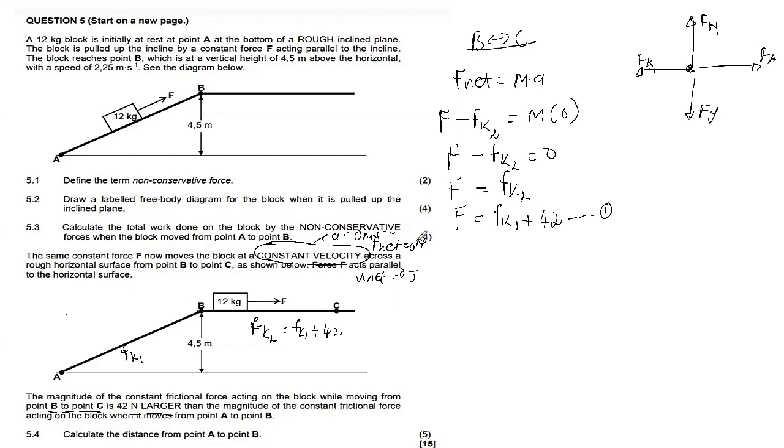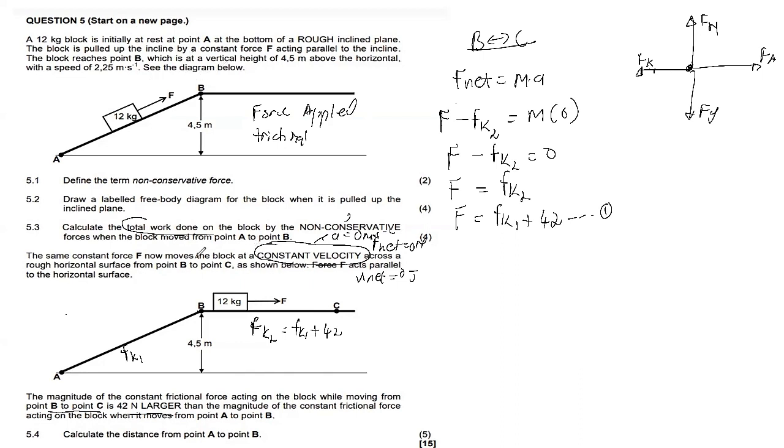Okay, so now we are done with that. But then coming here, we were calculating the total work done on the block by the non-conservative forces. We can observe that we have two non-conservative forces here: the applied force and the frictional force. Remember, we have three non-conservative forces: the force applied, the frictional force, and the tension force. We do not have the tension, so the only two non-conservative forces here are the force applied and